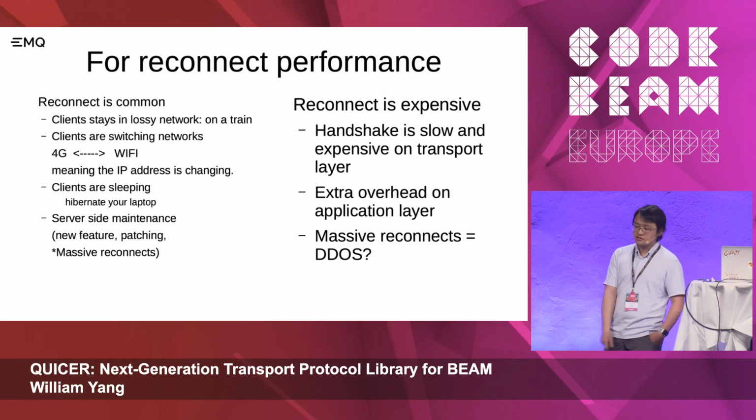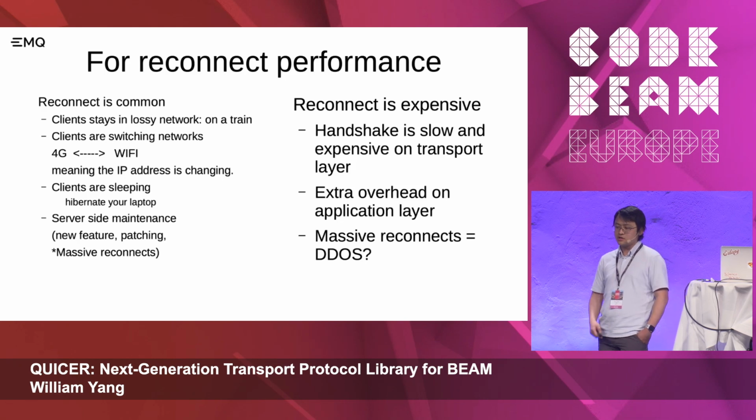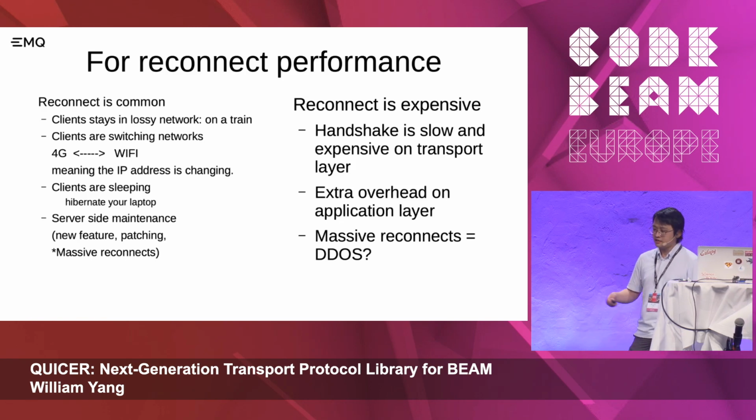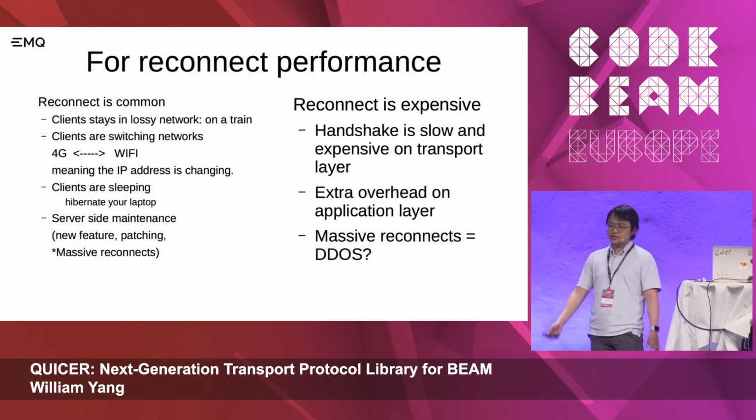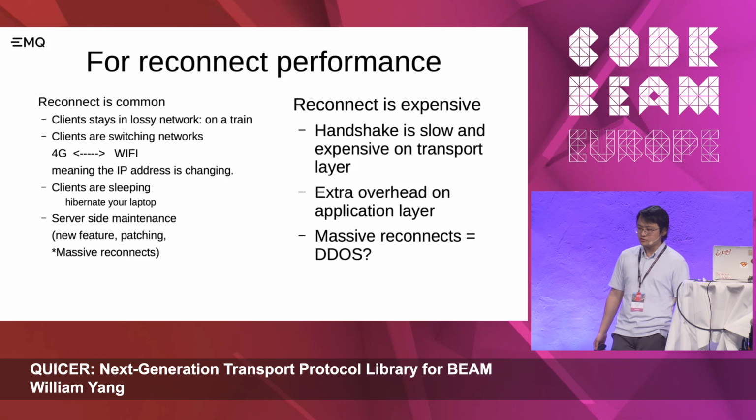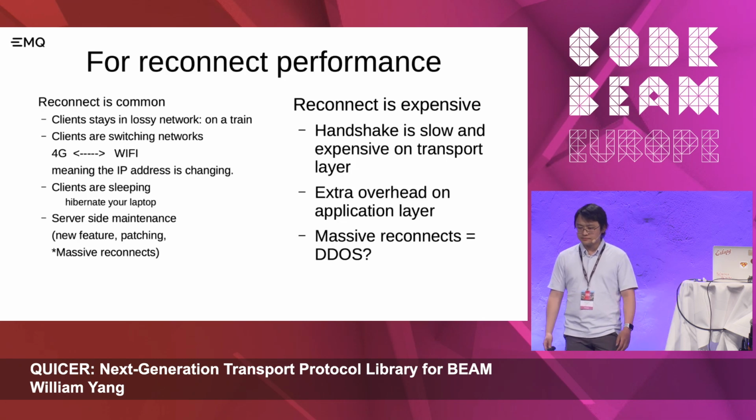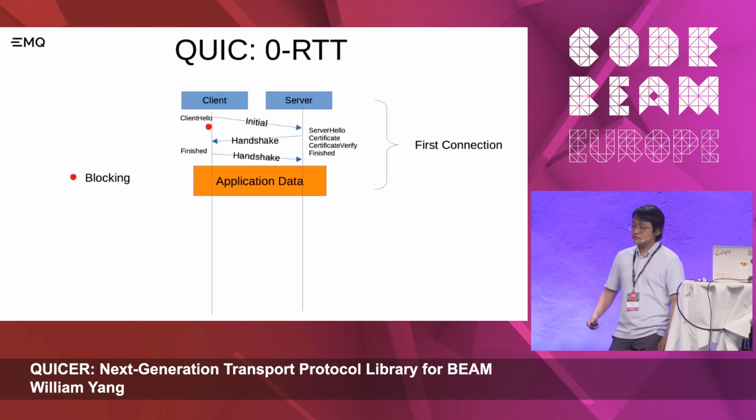And it also creates extra overhead on the application layer, because applications mostly have a state, and disconnect and reconnect is shifting state. And for massive reconnects, to some services it's like DDoS, you can't handle it well, and it's really hard to test the ceiling. QUIC solves it